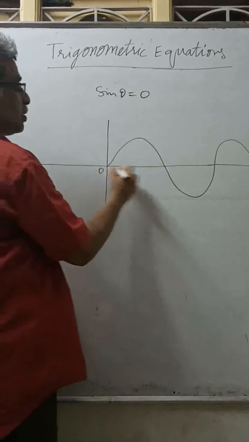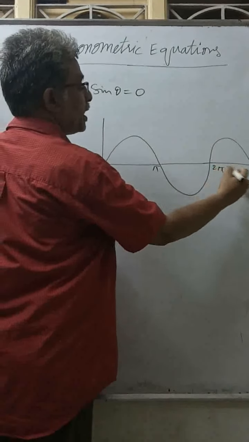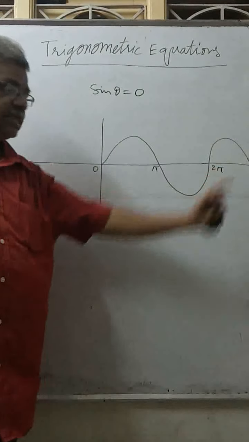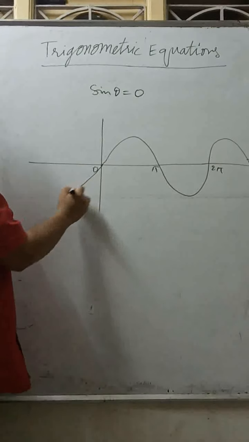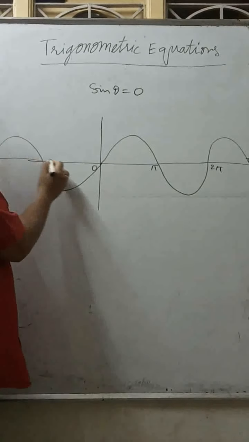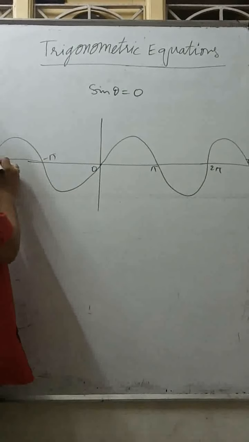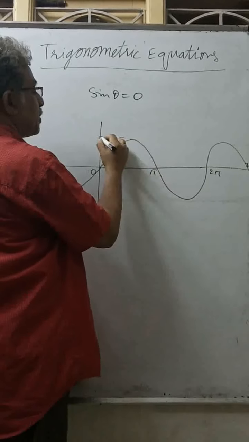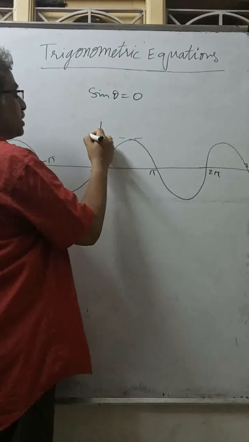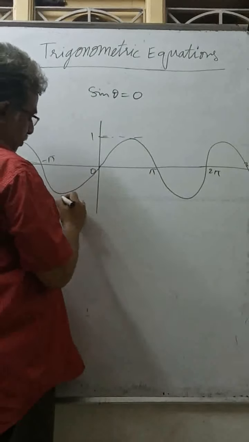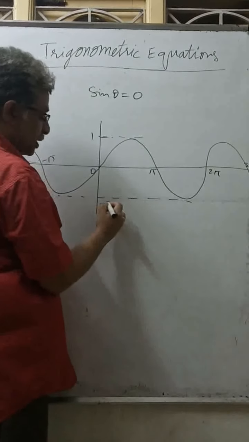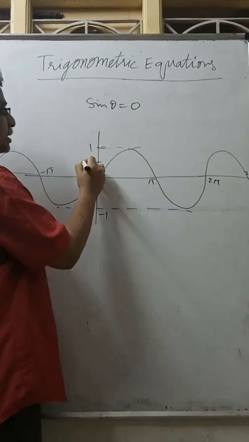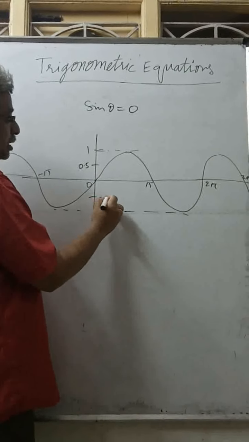This is 0, this is pi, this is 2 pi, this is 3 pi and so on. So at every multiple of pi, sin is 0 if you observe, on this side also. So at every integral multiple of pi, sin becomes 0. Now the maximum value of sin is plus 1, you know. This is 1. And the minimum value of sin is minus 1. This is minus 1. And in between many values will be there. I am just taking 0.5 for your convenience. This is 1 by 2.